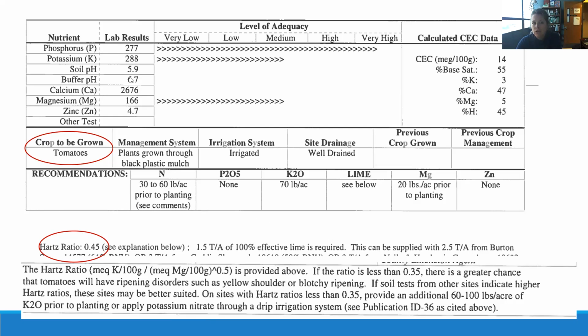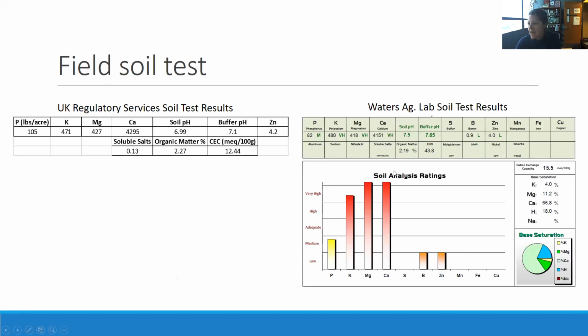And pay attention to, so here we see soil pH 5.9, right? That's a big deal. So they said lime, see below, because they're going to give you 1.5 tons per acre of 100% effective lime is required, right? So they gave some more recommendations here. So make sure to read it all. This report, right, it's kind of boring. I think they've started to spice it up a little bit with more color. Certainly Waters Lab has lots of flashy colors, but make sure you read through it